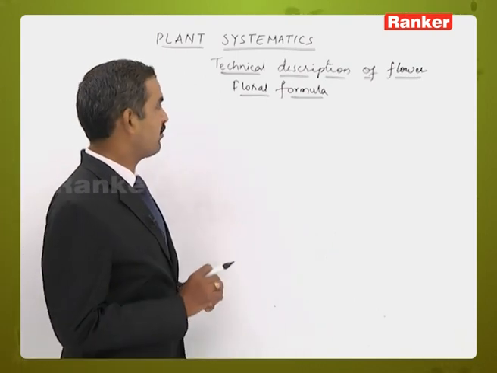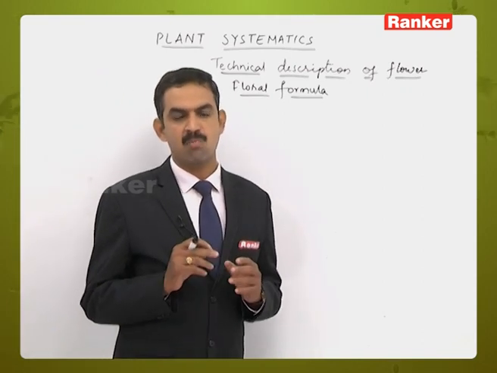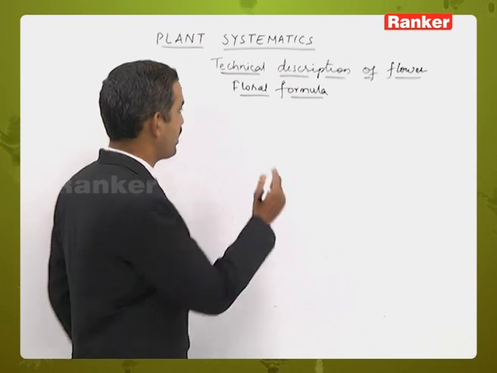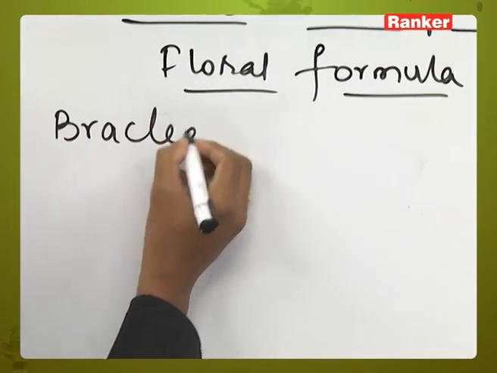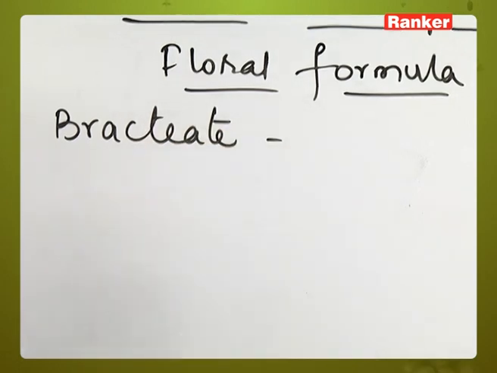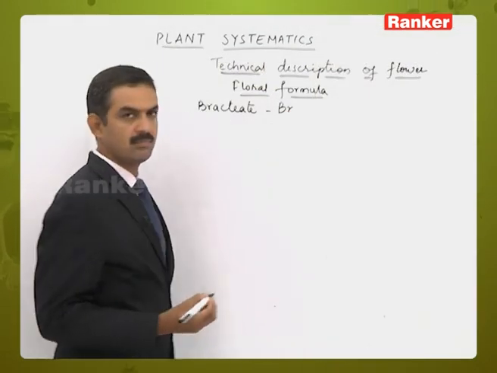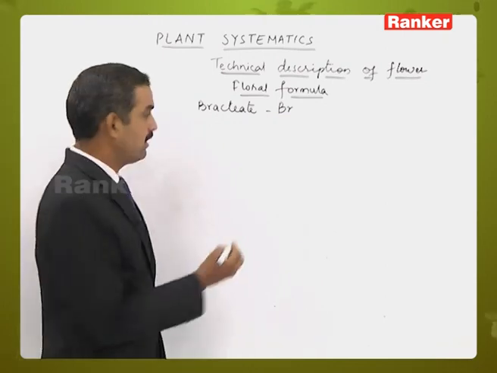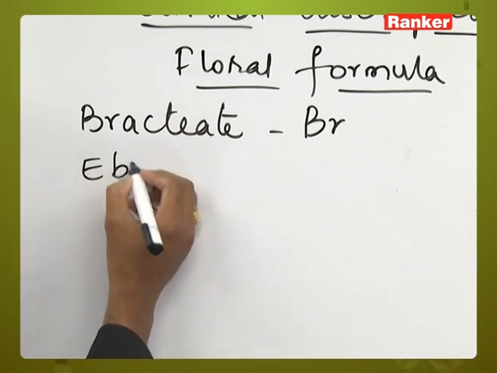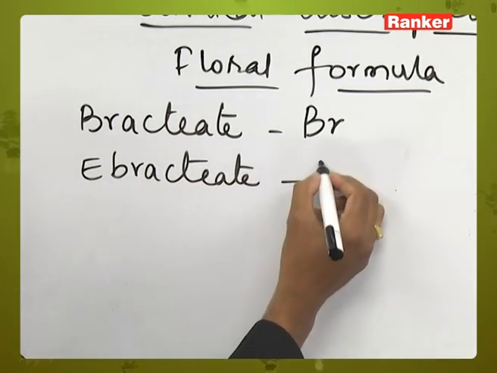In this one we start with a bract. At the base of the flowers a small green hair-like structure is present, that is called a bract. If the flower contains bract, such flowers are called bracteate flowers, and it is represented as BR. It is not compulsory that all the flowers should contain bract. There are some flowers where the bract is absent, ebracteate flowers, which is represented as